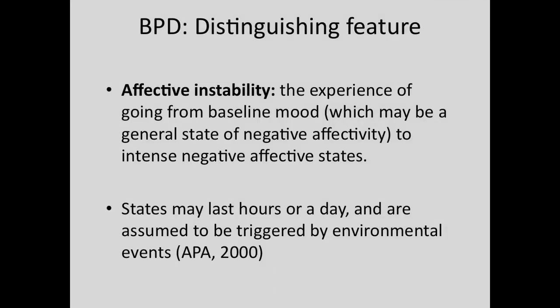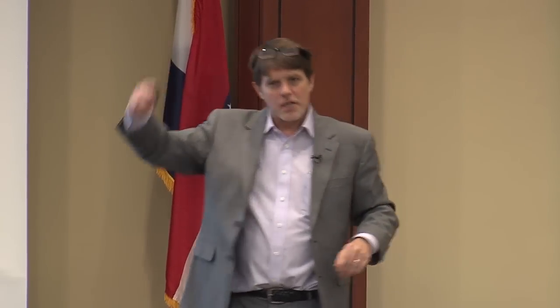So initially, I focused on affective instability with this method because, again, it's seen as a hallmark feature of BPD. It lends itself to this method because if you think about an unstable process, how can you not consider time or do repeated measures if you're going to characterize it? You can't count on people to tell you. You can't even count on them to tell you what they did last Tuesday, much less what their moods are like over the course of time. It's just something that we humans are not very good at doing.